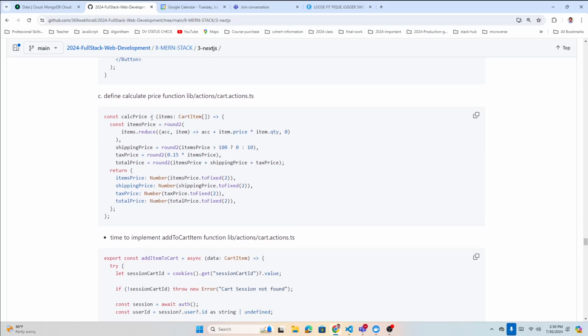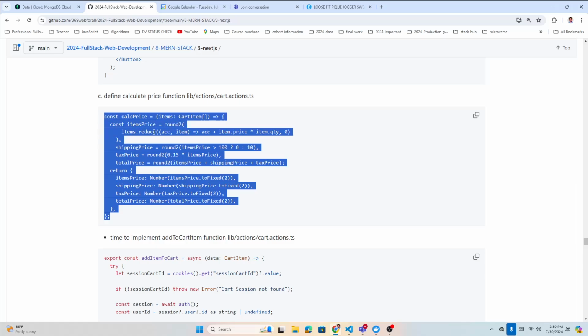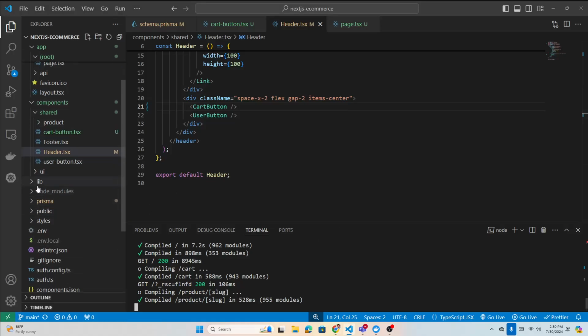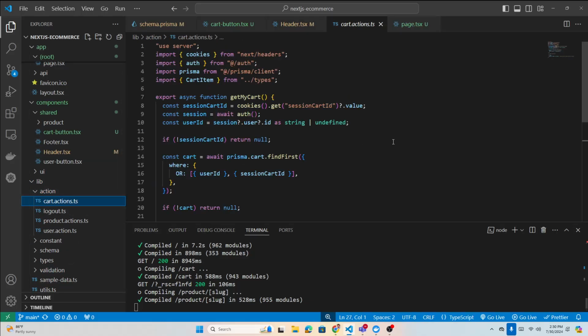So this will be basically calculating the price, right? So in the lib action, cart action, I think let's copy this. I don't know if we added this earlier or not, I'm not sure. So in the lib action, cart action, let's see, we don't have it, right? So here maybe I will just add